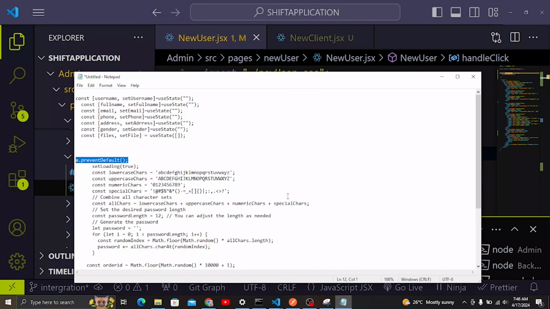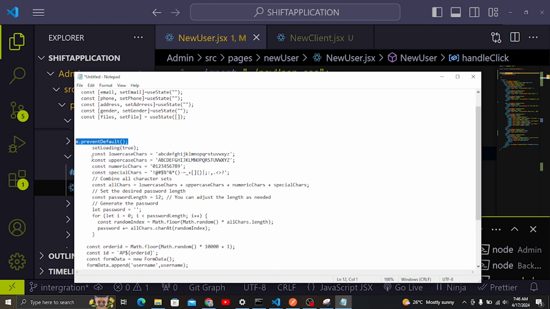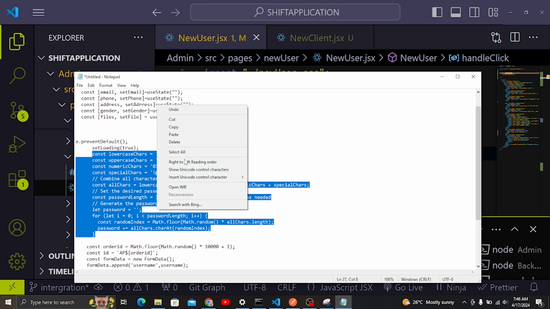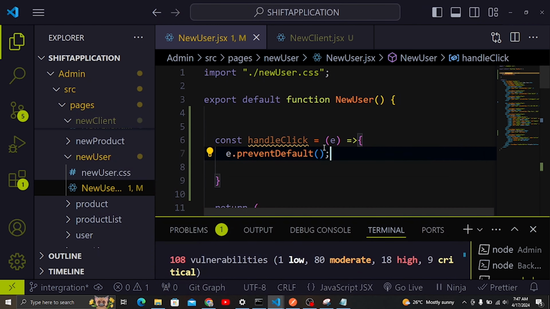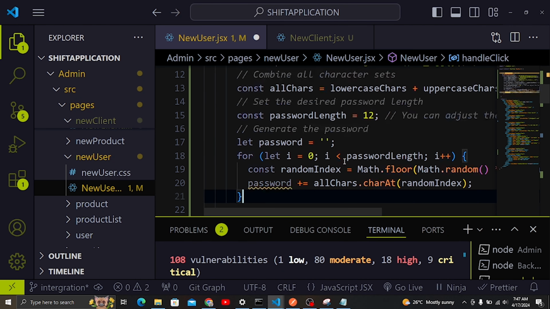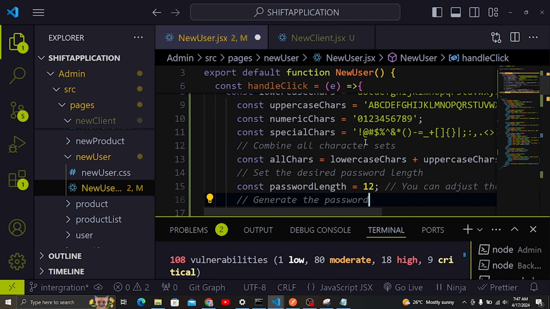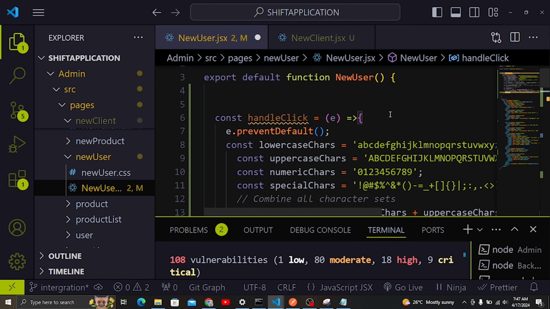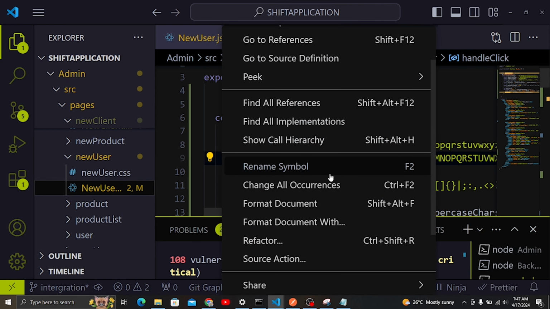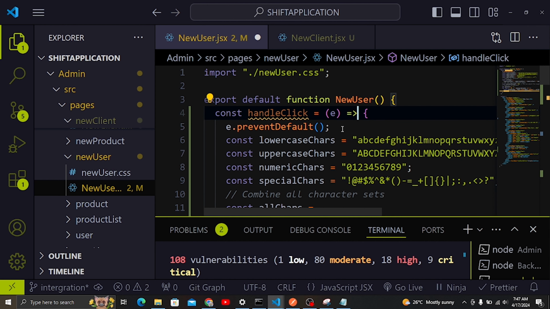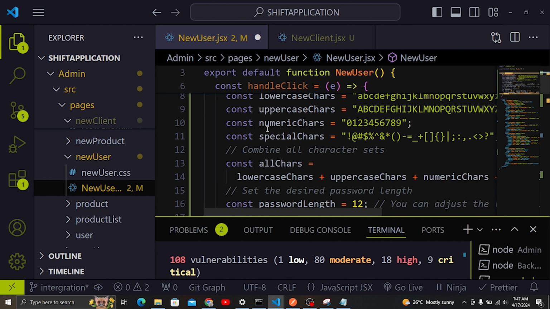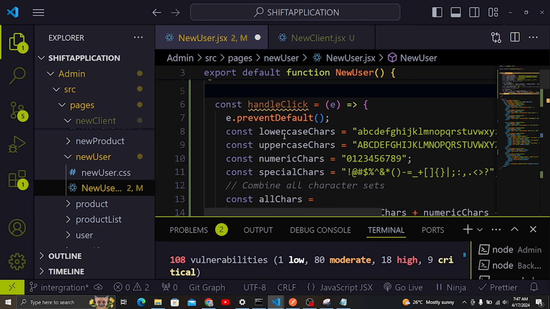And the other thing is that we need to have this functionality here for creating our password. So here you can see this functionality. I'm going to just paste it here because I'm not going to create everything from scratch, because this will make this video very long, and also I want us to format this code here. So this is handleClick, and you can see here the first thing that we are creating is const